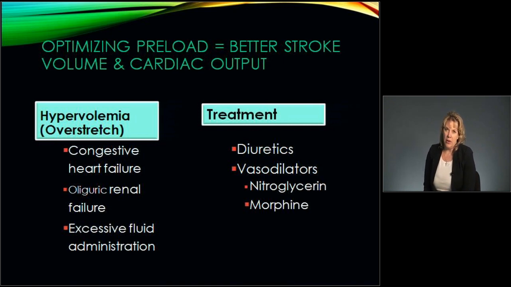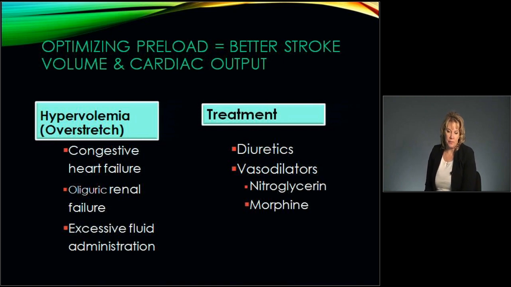When we look at our preload, if we have better volume, and better stroke volume, it's going to lead to a better cardiac output. So if they are hypervolemic, as we see with our congestive heart failure patients, if they have oliguric renal failure and so the kidneys aren't excreting fluid like they should be, or if they have been over-resuscitated and have excessive fluid administration, we can then look at the use of diuretics, and vasodilators like we described in our heart failure chapter, such as nitroglycerin and morphine that help with vasodilatation, decreasing preload and afterload,